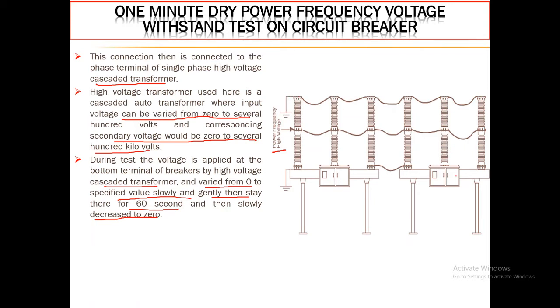Then the base one should be grounded properly, and the center of all the poles are connected together and has to be connected with this high voltage source. After making the appropriate connections, the circuit is ready to conduct the test. So increase the voltage from 0 value to a required test voltage level.